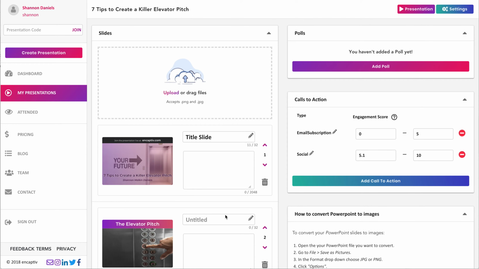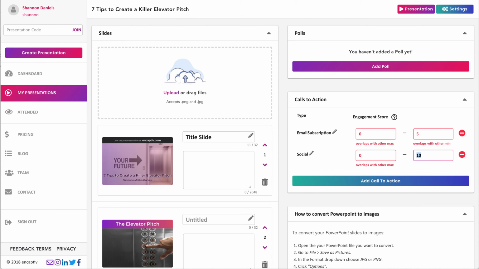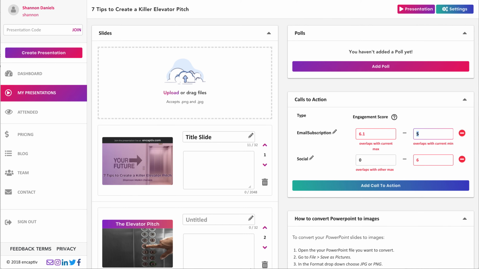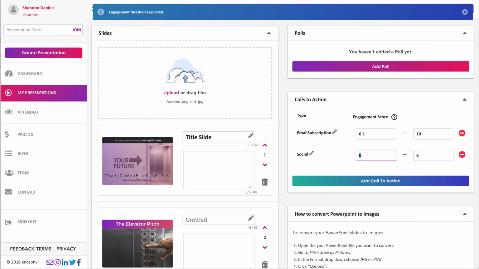And so what you're going to see has happened here is it has automatically updated those engagement thresholds and split it 50-50. You don't have to go with what the system does. Let's say I want people that are from a 0 to a 6 to get the social conversion or call to action. And then anyone above a 6, so a 6.1 to a 10, I want them to get the email subscription because I'm thinking people with a higher level of engagement are more likely to subscribe to my newsletter. And you can continue to add up to